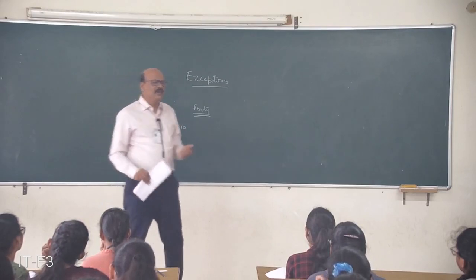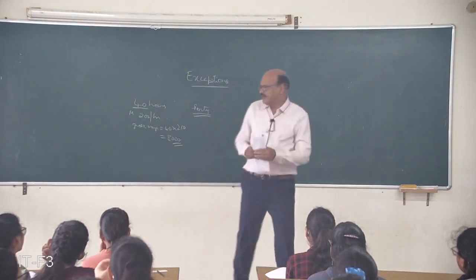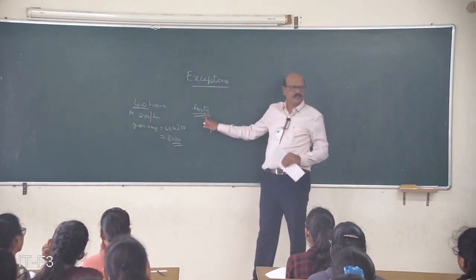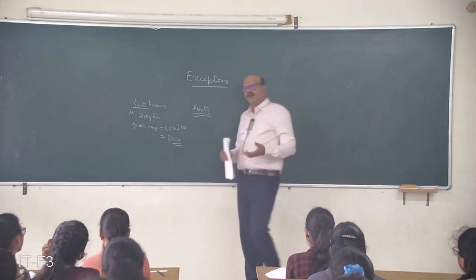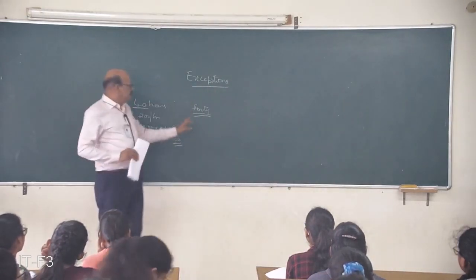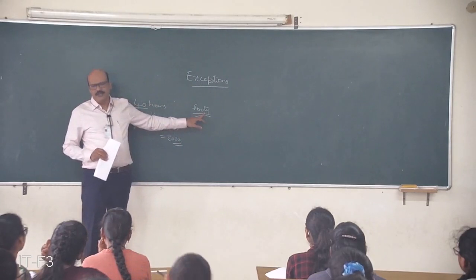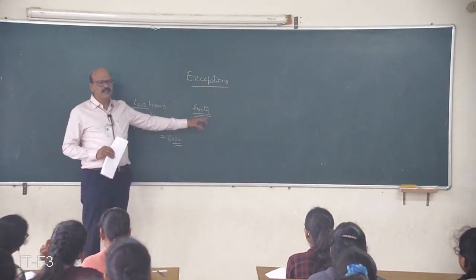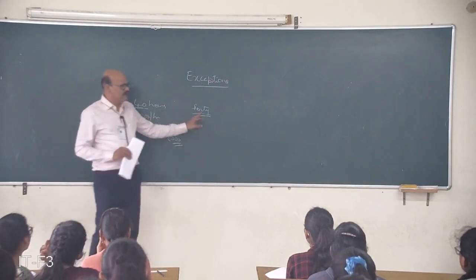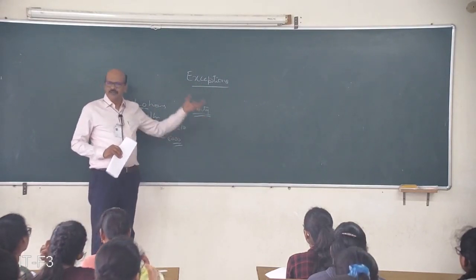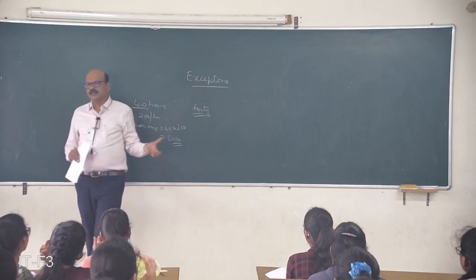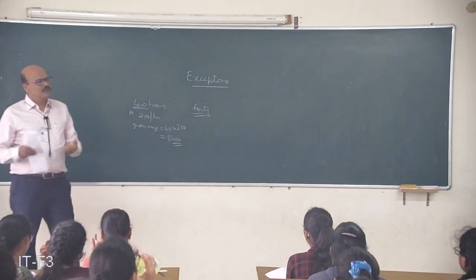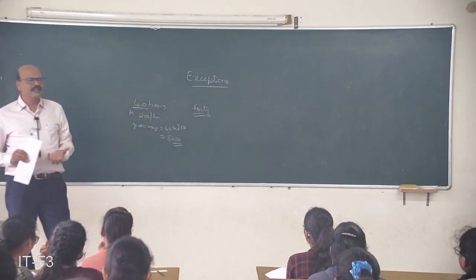Reliable means, if you write a program and the user gives input like this, what happens? It raises an exception called value error. Value error means it is expecting an integer but you have given a string, so it cannot retrieve a number from this string. Even if you use typecasting, it cannot retrieve a value, so it generates an exception. So what is an exception?